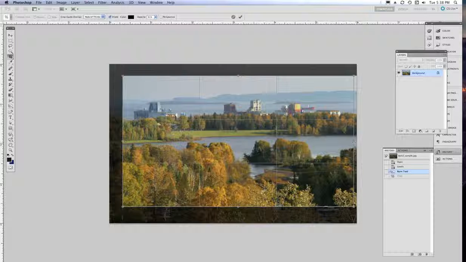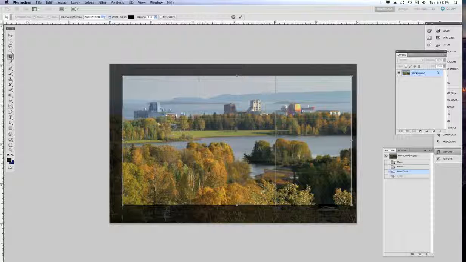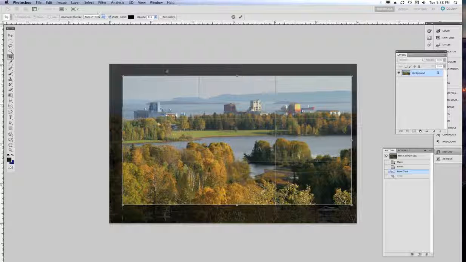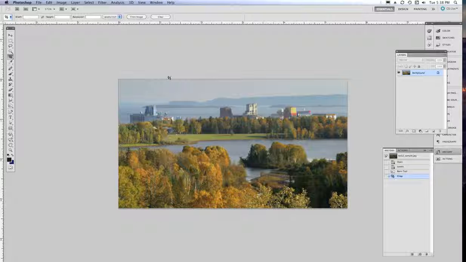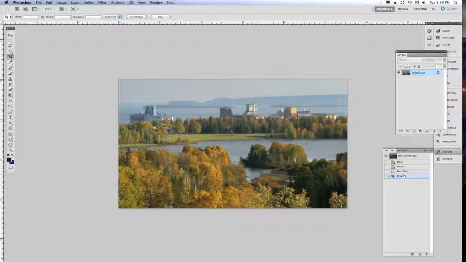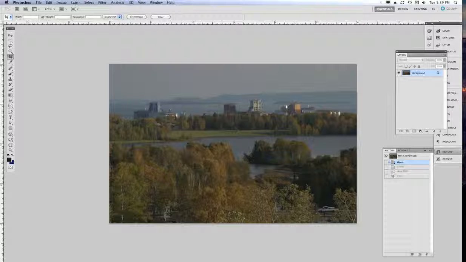and maybe something like that. You'll notice that I have the thirds here turned on. If you go up here, you can change the grid. Being a photographer, I like thinking in thirds, so that's how I normally leave that. And there's my picture. Okay, so going from there to there, it's a bit of an improvement, and I can set the crop size to whatever I want. So let's go back and check out